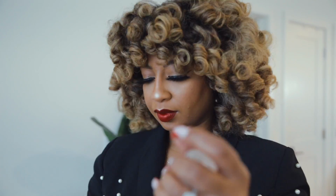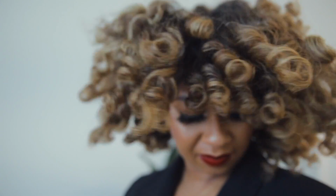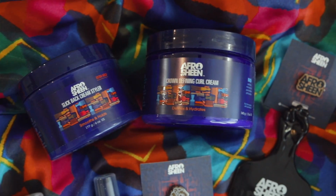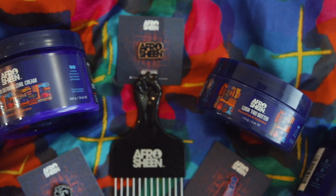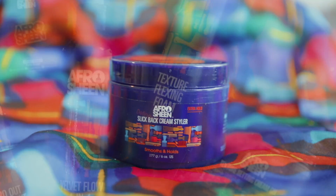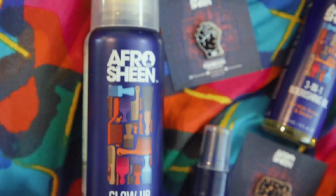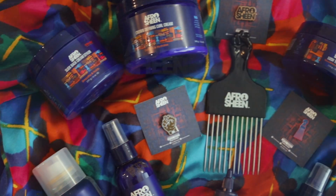Alright. First, can we talk about how amazing every single product in this collection smelled and how moisturizing they all were. The texture flexing foam and the slick back cream styler both provided amazing hold without being flaky or crunchy, and a little went a long way. We were so excited to use this line, and we had every right to be, because we'll definitely be adding all of these